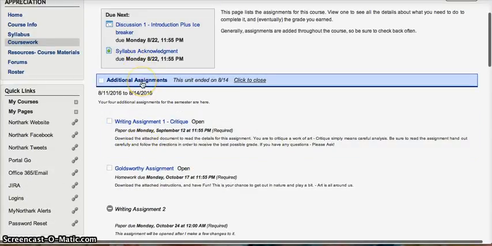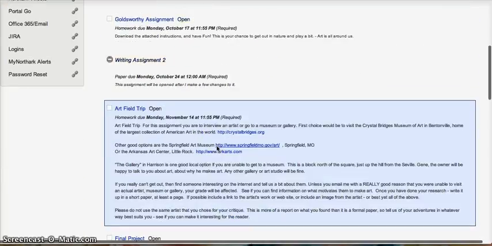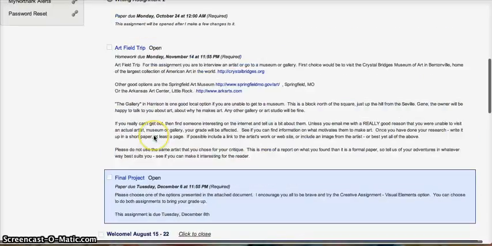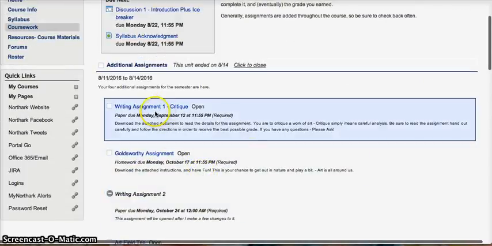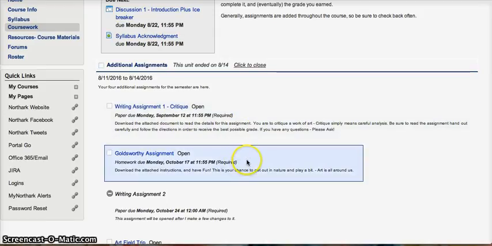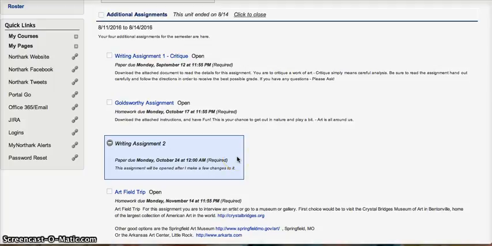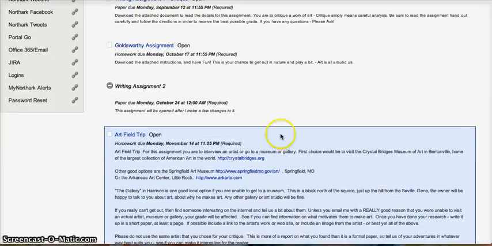Okay, here we have something that says additional assignments. And these are 4 assignments that you're going to have throughout this semester, actually 5 assignments. And they're really fun. We have the critique, which is how I'll ask you to explore talking about art. We have the Goldsworthy assignment, which is just a fabulous opportunity to go out in nature and make a little art. This writing assignment too, I'm actually reworking it to make it more fun, so more to come on that. And the art field trip,